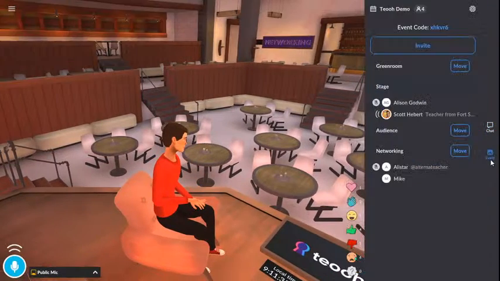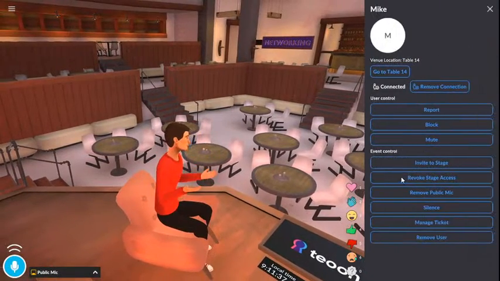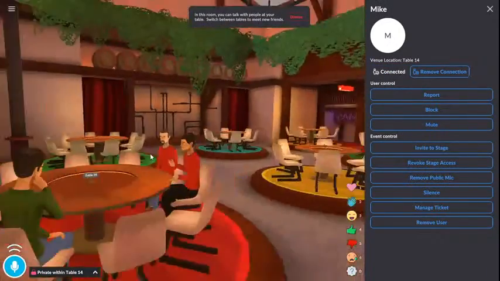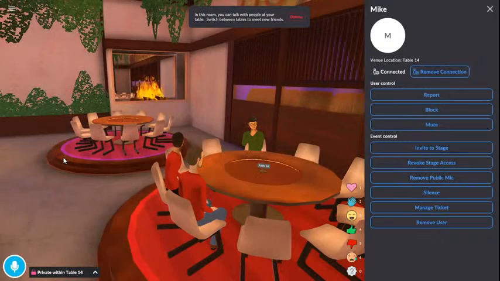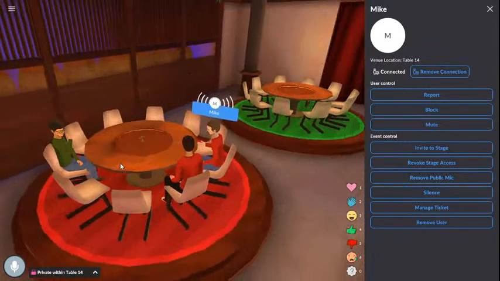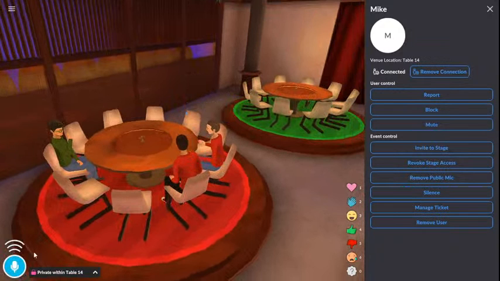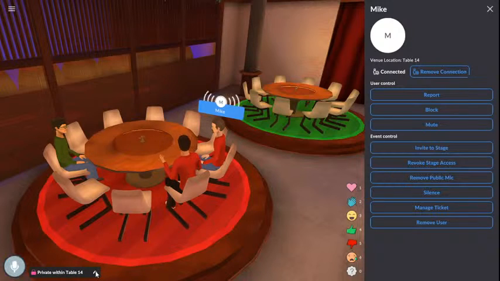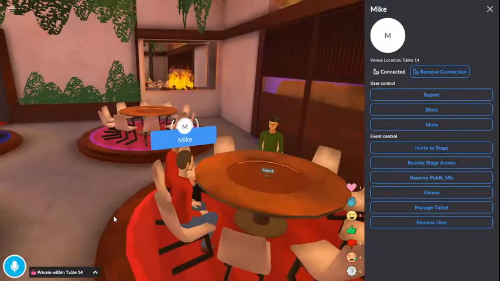But I can actually go and click on a person and it will tell me where you are. So I can go to table 14 and I found you in the networking room. No, if you look on the bottom left of your screen, it should say private within table 14. Correct. Pretty cool.